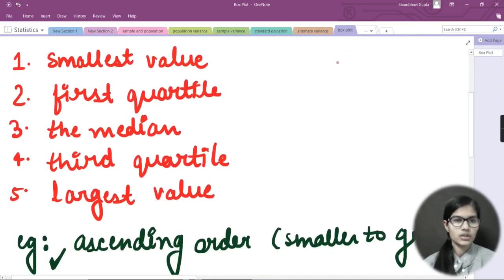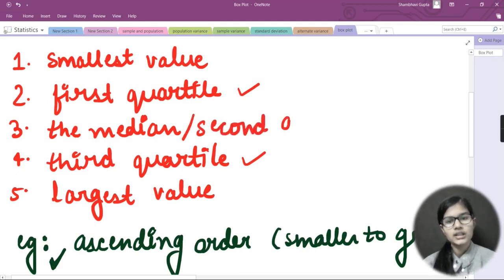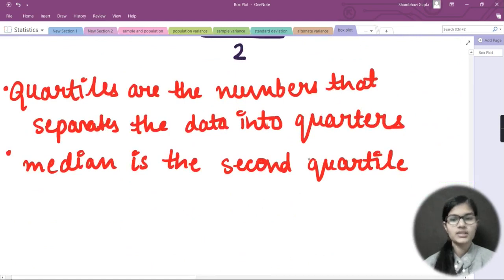The first was the smallest value, then I took the first quartile, and here I have taken the third quartile, right? Here I missed the second quartile. So this median is also called my second quartile. Let's write this here: the median is called the second quartile. So this is done, and I have told you about the quartiles and median, okay.